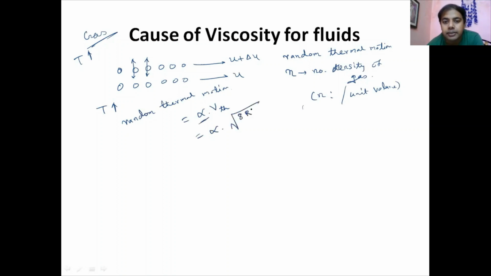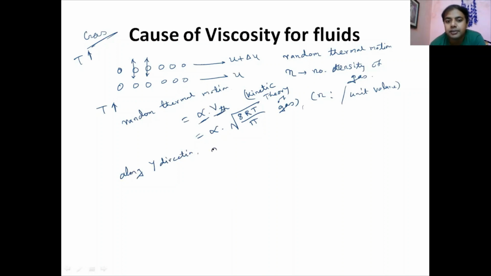VTH, from the kinetic theory of gas, you will get VTH is root over 8RT by pi. These molecules will get some velocity, so it is getting velocity in this y direction. So along y direction,